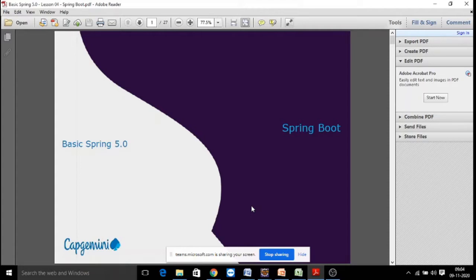We don't need to have an explicit server in our local workspace. It takes an embedded container which comes from Maven or Gradle. There are two build management tools we have, Maven and Gradle. Most of the time we use Maven. The alternate tool is Gradle. So in Spring Boot we have embedded containers to run our application. We have embedded databases which support the backend applications with Spring Boot. And Spring Boot reduces a lot of the dependencies we need for our application.